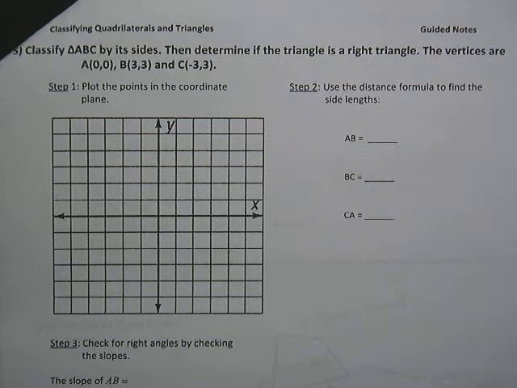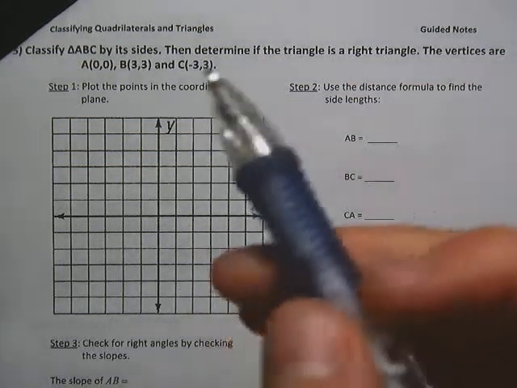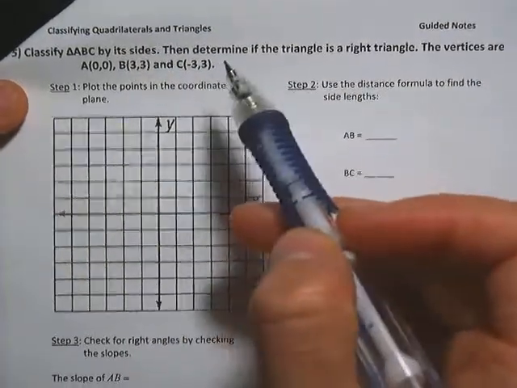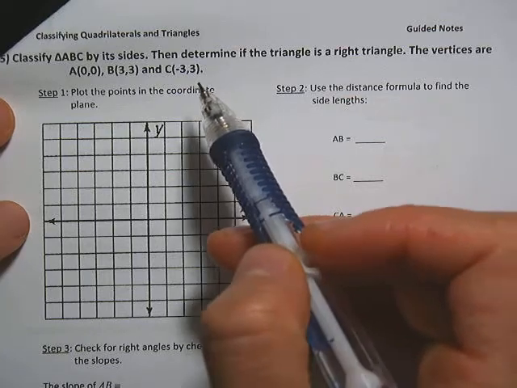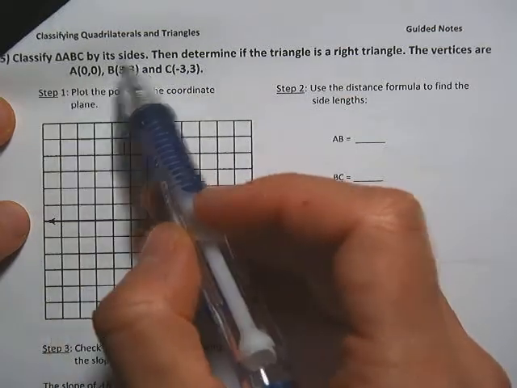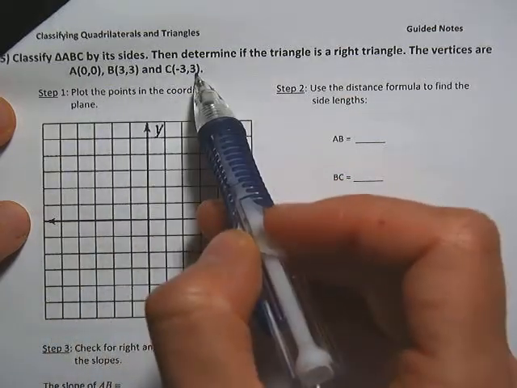The last thing we're going to talk about is how to classify triangles. So you're going to notice this works kind of the same way, except these are going to be triangles in these problems, all right? So you're going to follow the same pattern, same steps as you did with quadrilaterals. So if I had to classify this triangle, and they gave me the coordinates, I'm going to start by